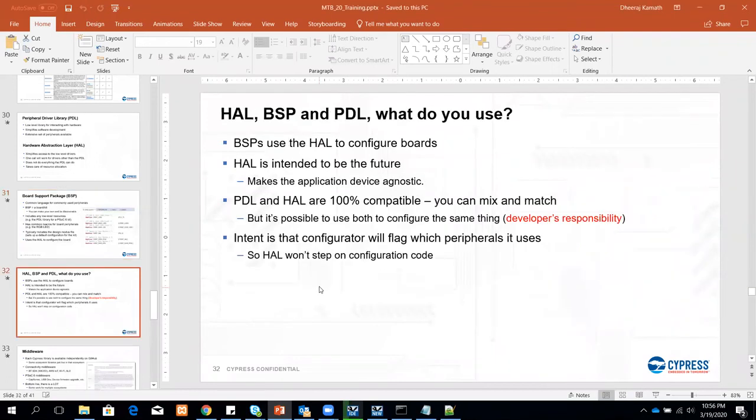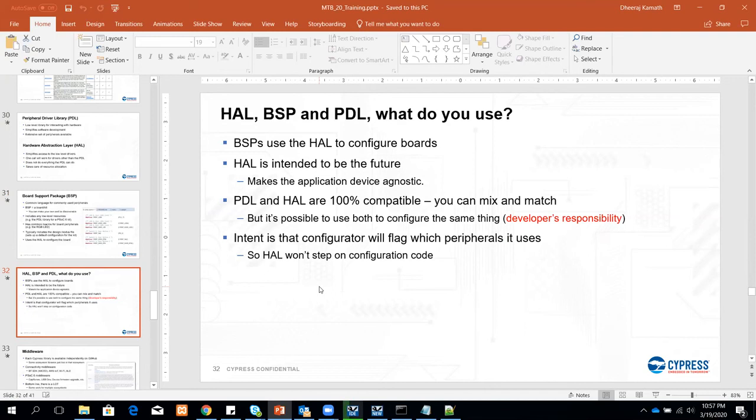So as I mentioned, we have three different options now. So what do you use? You can use all of them, or you can choose to use only one of them. But if you're using all of them, let's say you are using the HAL and the PDL, then you will need to make sure that you are not configuring something and creating a conflict.